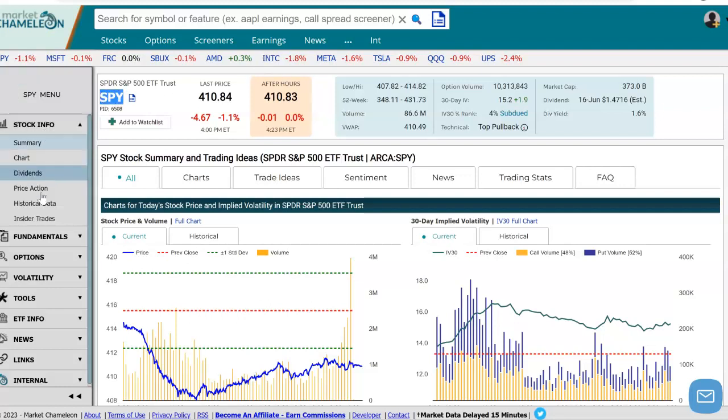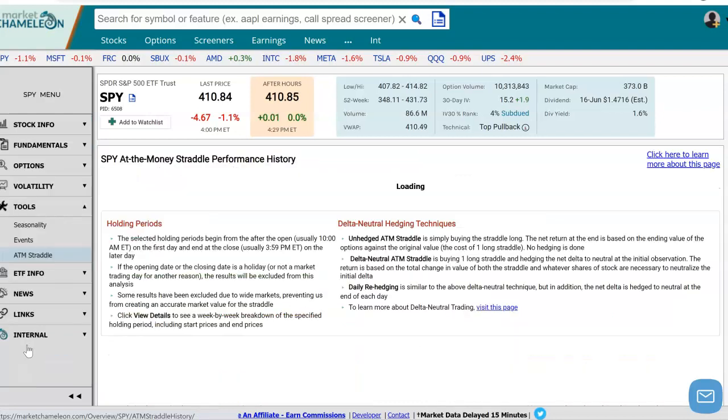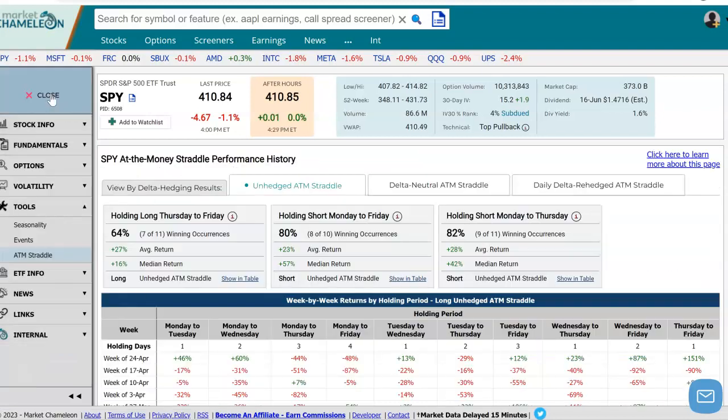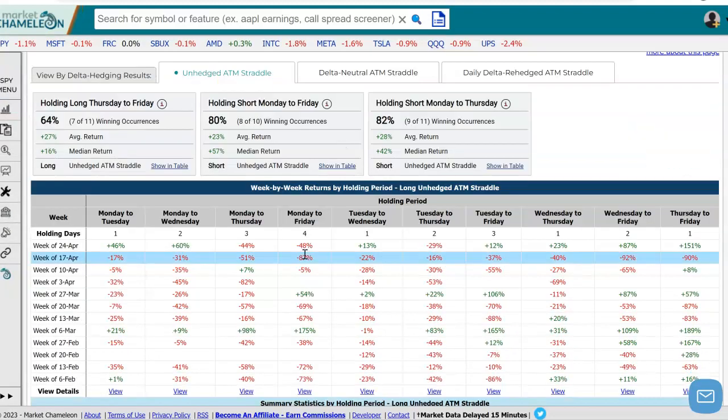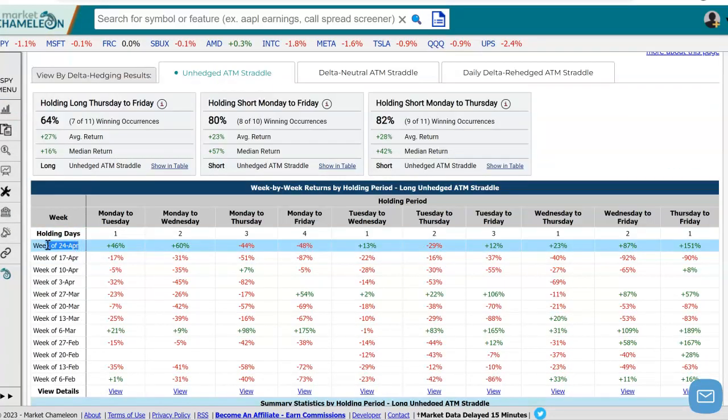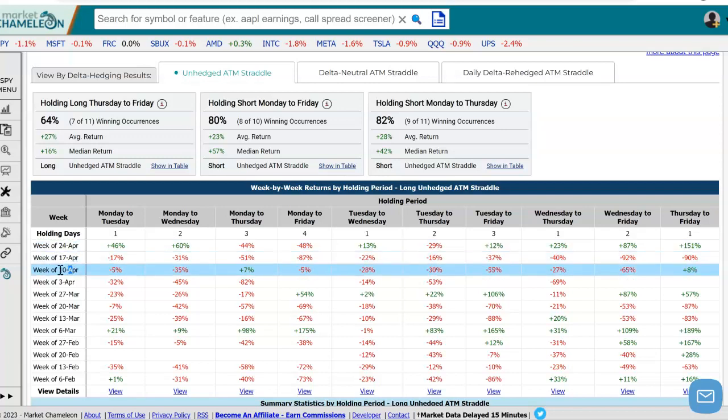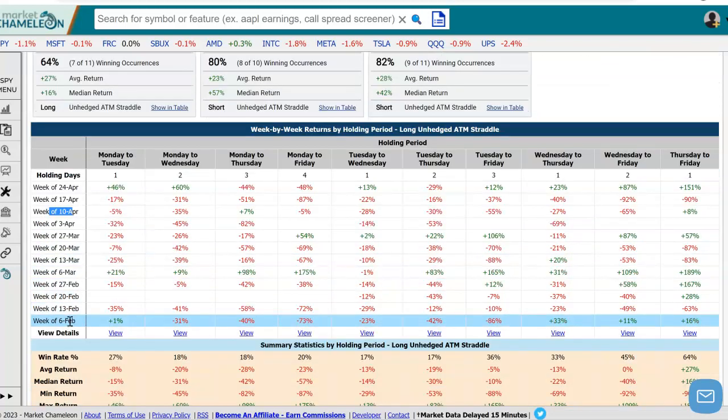And let's take a look on this left-hand menu. It is under Tools and right here, At the Money Straddle. So we're looking at the At the Money option straddle. Let me close this menu here. And when we come down here, you could see week by week, going back around 3 months,